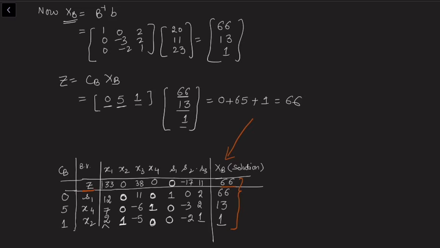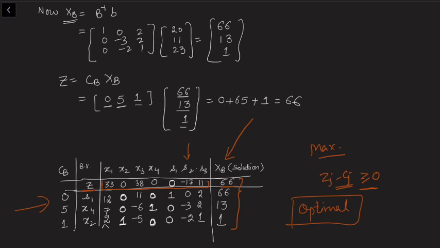Now as you see, our initial given problem was for maximization, and we always have to check whether zj minus cj is greater than or equal to 0 or not. So in this table you can see that all the zj minus cj are not greater than or equal to 0. There is a variable s2 which has a negative zj minus cj. So we cannot say that this is an optimal simplex table, although the question was only to construct the simplex table. So we have constructed the simplex table without using any iteration for a given set of basic variables. So this is the simplex table, and if you want to find the optimal solution, then we have to follow the same procedure, enter s2 and then find the corresponding leaving variable.